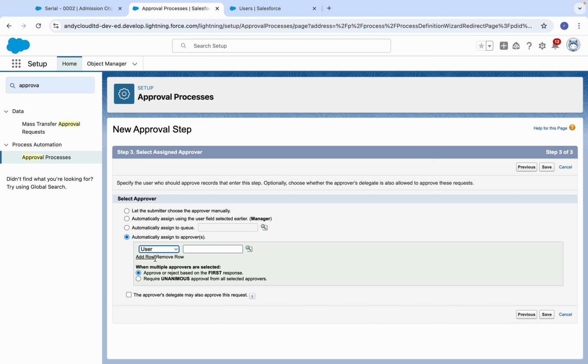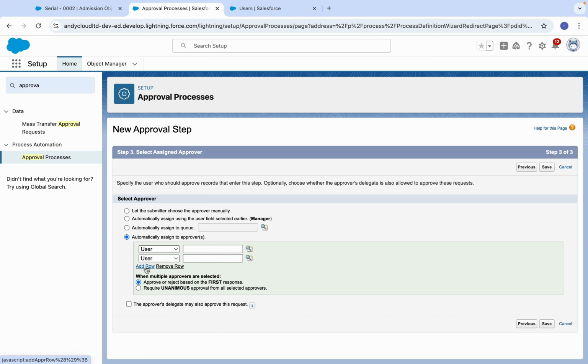We can add multiple users and queues here also. You can add up to 20 approvers. In those you can select approve or reject based on the first response, or require unanimous approval, where the first person approving approves it, or the first person rejecting rejects it, or all of the selected approvers must decide. So choose what decision you want.